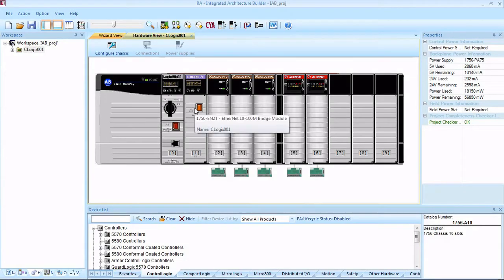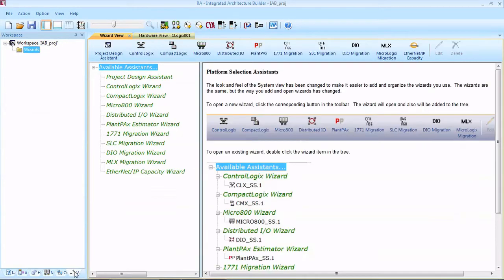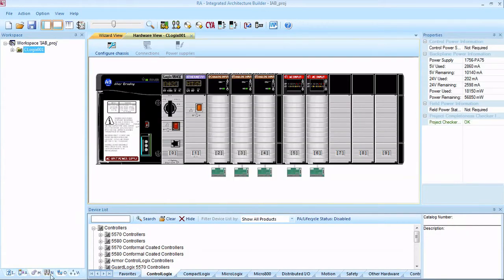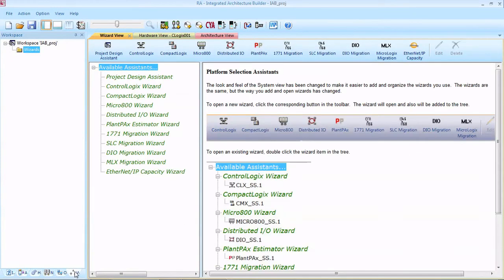So the next thing we're going to do is we're going to use our wizards. Down here along the bottom we have these menus for network, on-machine, hardware, architecture view. So we're going to click on the wizard view and have all these wizards across the top here. We're going to get into a couple of these in this video. The one we're going to start with is just to show you how we can add the hardware like we